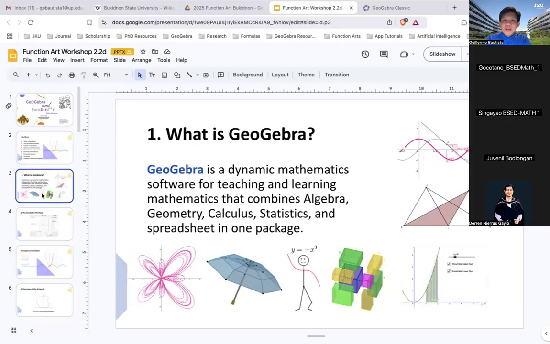So what is GeoGebra? GeoGebra is a dynamic mathematics software for teaching and learning mathematics that combines algebra, geometry, calculus, statistics, and spreadsheet in one package. The first thing you will probably ask is whether it is free. Yes, it is free. You can download it